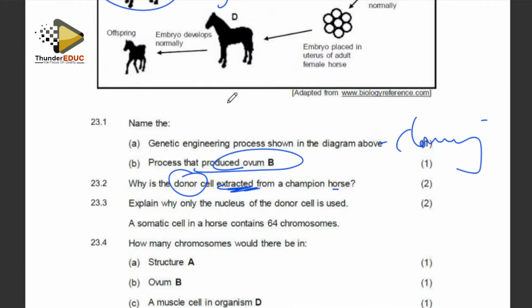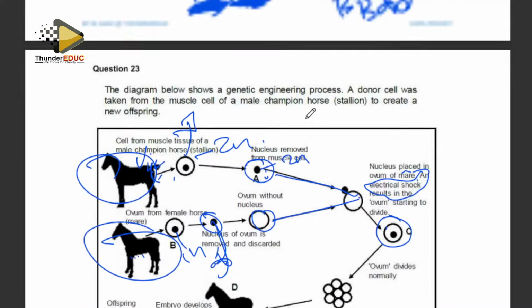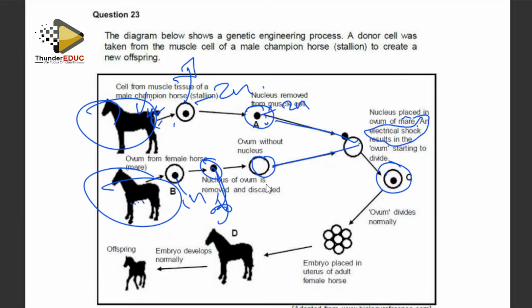All right, we continue. A somatic cell has 64. When you say somatic, remember this is a body cell. This is 1n, so automatically this is 2n, and this is 2n, and this is 2n. Only this one is 1n, but we threw away the nucleus. So this one will look like a zygote, because the casing is the ovum.